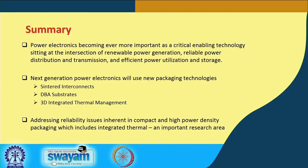Okay. So, that was just to give you a brief half an hour summary of something which is probably one of the hottest topics in the electronics industry today, which is power electronics. Okay. It is growing at a rapid rate, both in size and its importance. So, if you want to get into research in this field of electronic packaging, power electronics is probably the area to get into. We have several groups here at IIT Kharagpur who are working not so much on packaging, but on power electronic devices,